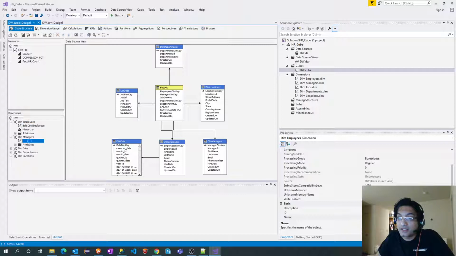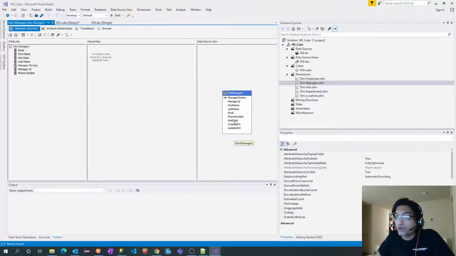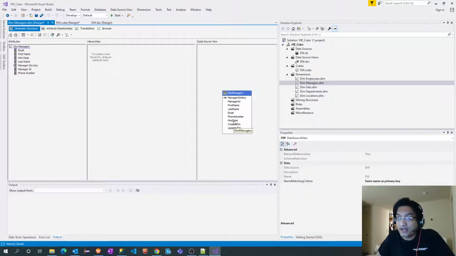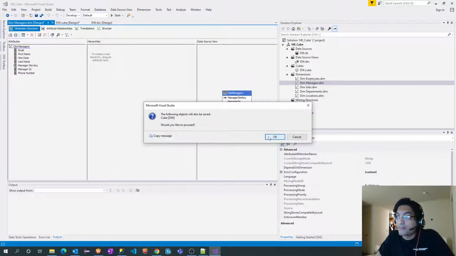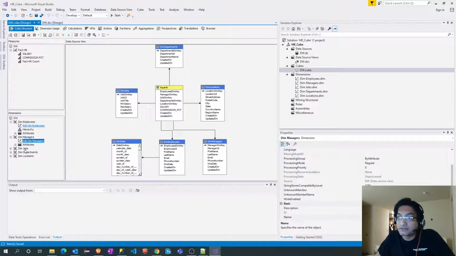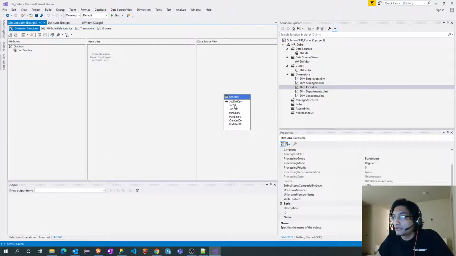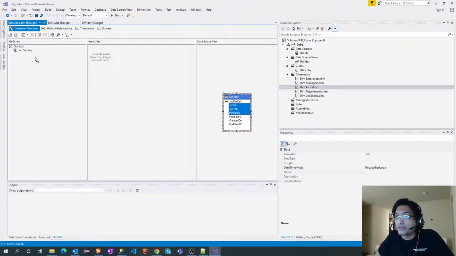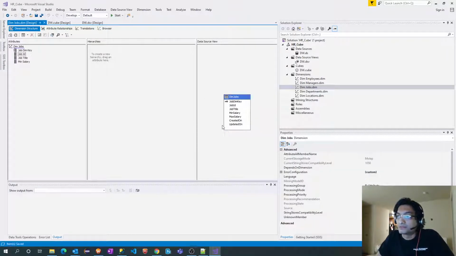Let's look for manager dimension. I will add these attributes. Now, since we do not have date dimension here, I need to add higher date directly from manager dimension. I will save this. Now expand this, jobs. I will add all the attributes from jobs dimension. This is perfect.